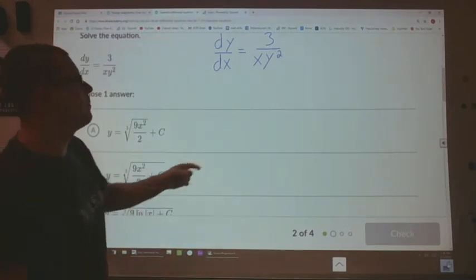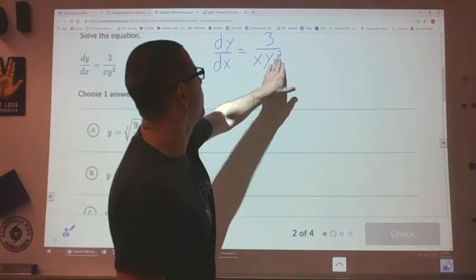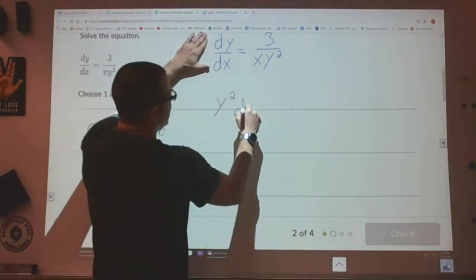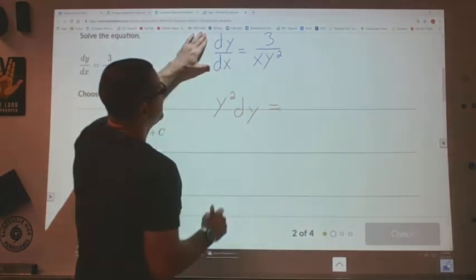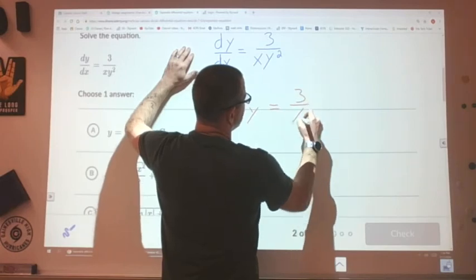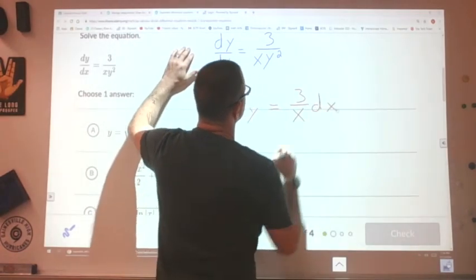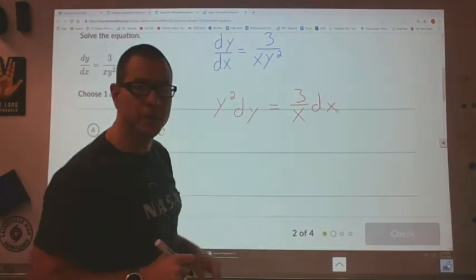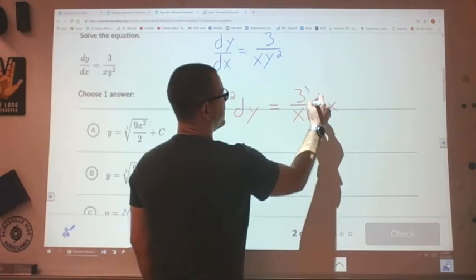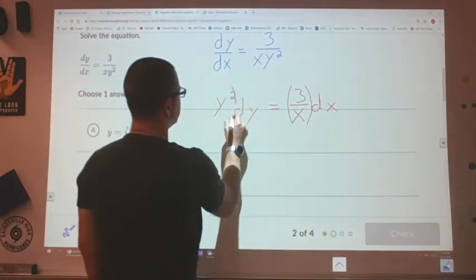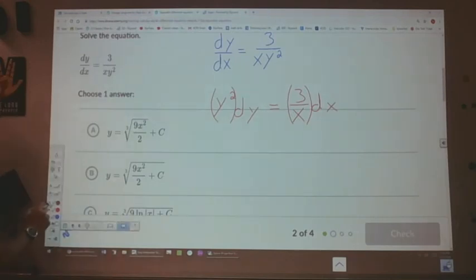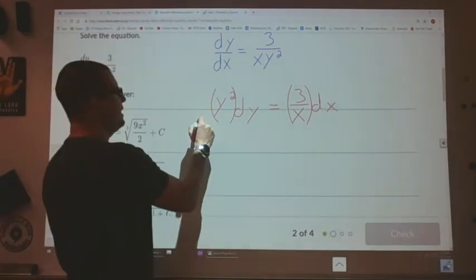So separating out, I'm going to multiply both sides by y squared so that I get y squared dy. And then I'm going to multiply the dx over here, so I have 3 over x dx. So simple algebra, moving terms around, separating them out, so that now I have this. You can even imagine if you want that nice integral form, put a parentheses around your variable and your dy and dx. So that my next step is to integrate